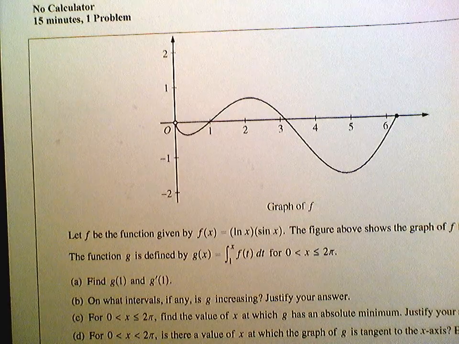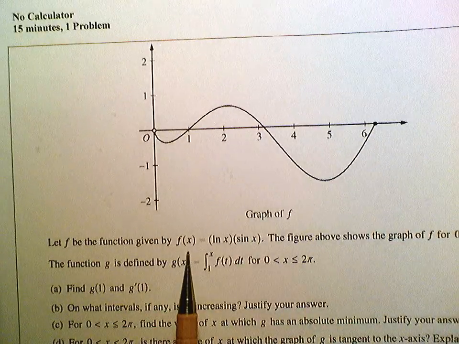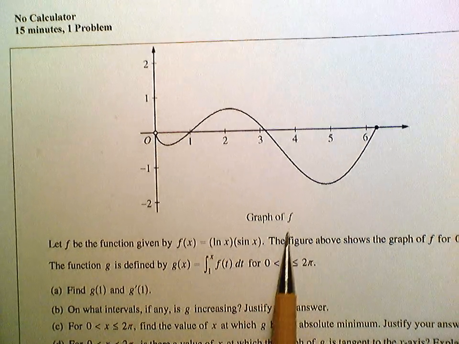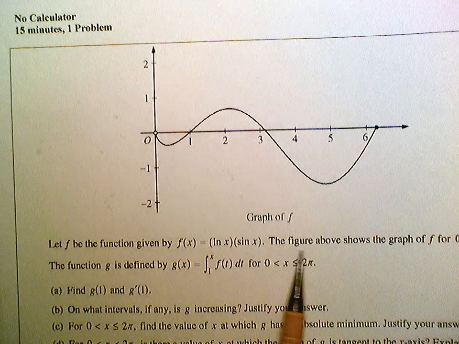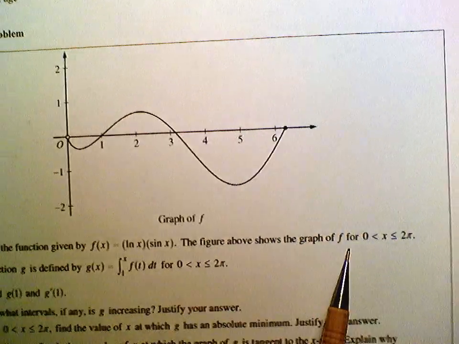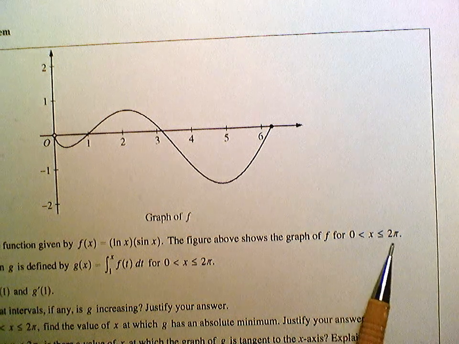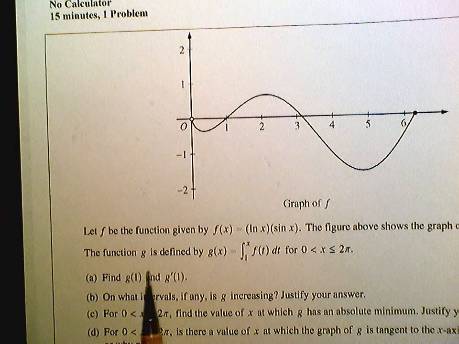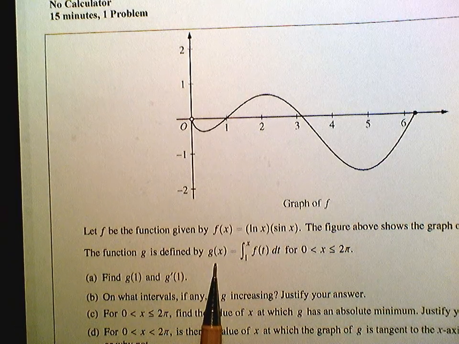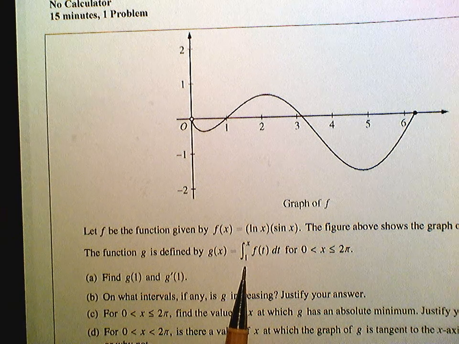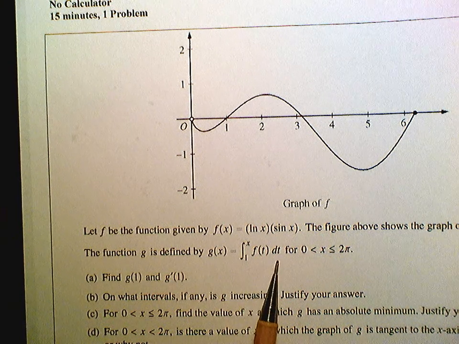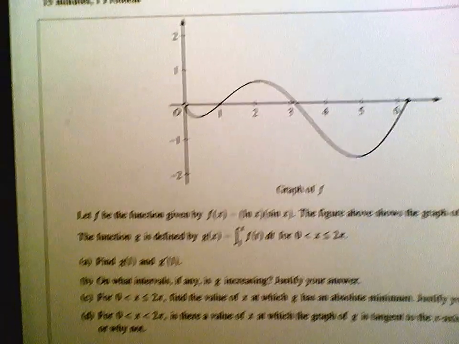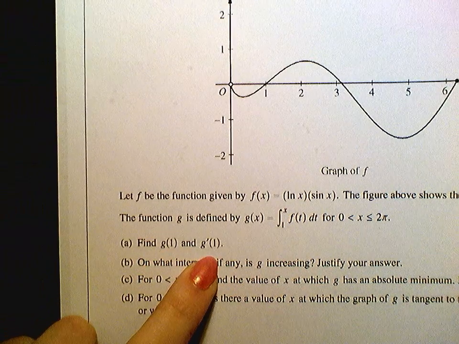So, all right, let f be the function given by f of x is equal to natural log of x times sine of x. And this is the graph of f right here. The figure above shows the graph of f for x values from 0 to 2 pi. The function g is defined by this. So g of x equals the integral from 1 to x of f of t dt for the same x values. Okay, so the first thing that we want to do is find g of 1 and g prime of